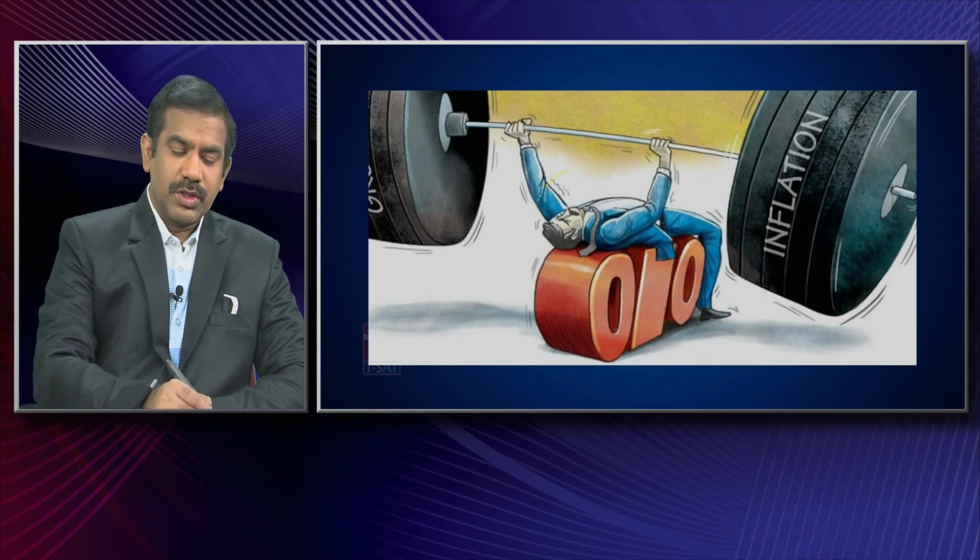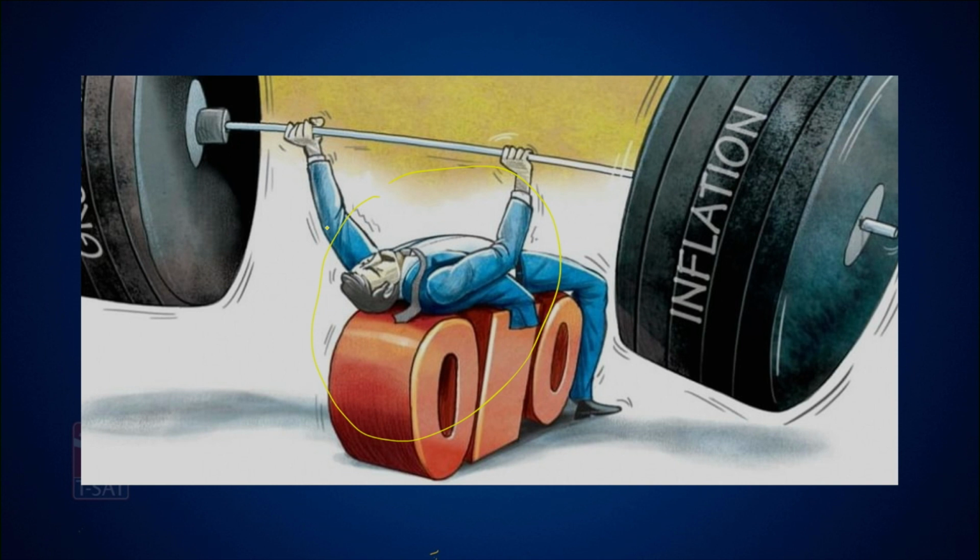So here in this case, you could simply imagine these are the monetary policy makers. If you look at the left side, they are trying to ensure growth, and at the same time they are trying to contain inflation. So why do they have to contain both these things? You could simply say they are trying to manage both the concepts of growth and inflation.